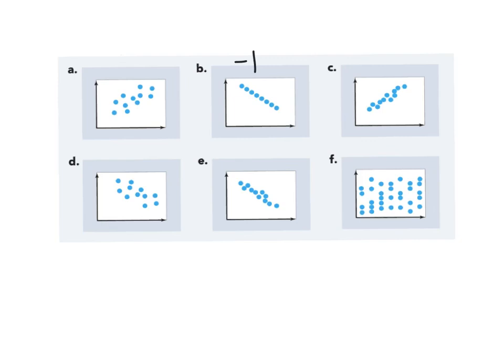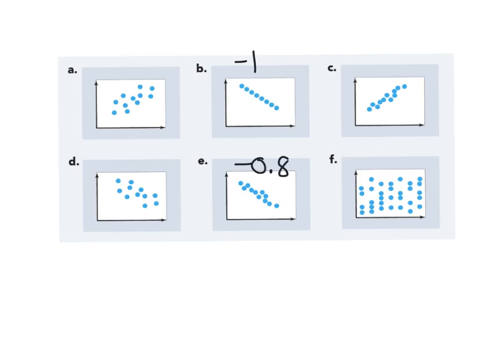Looking at E is very similar to B, but you can see the dots are a little bit more spread out. They're not perfectly in a straight line. They are going down, so it would be negative. And it's not perfectly straight, so it won't be a -1, but it might be something like a